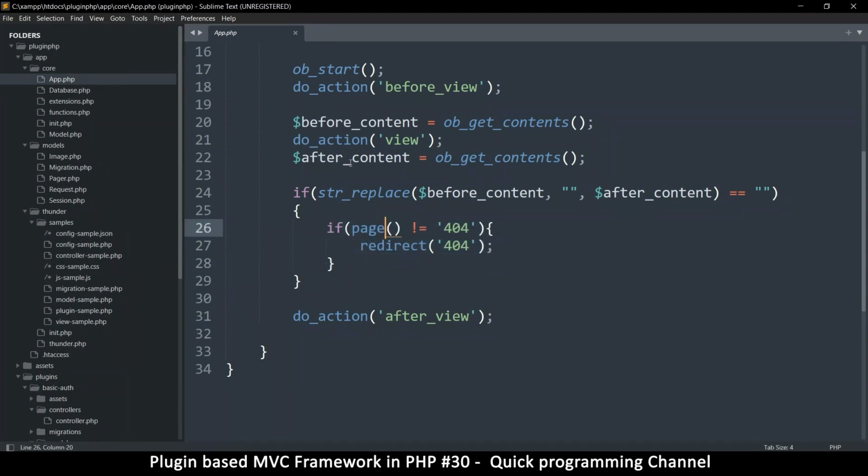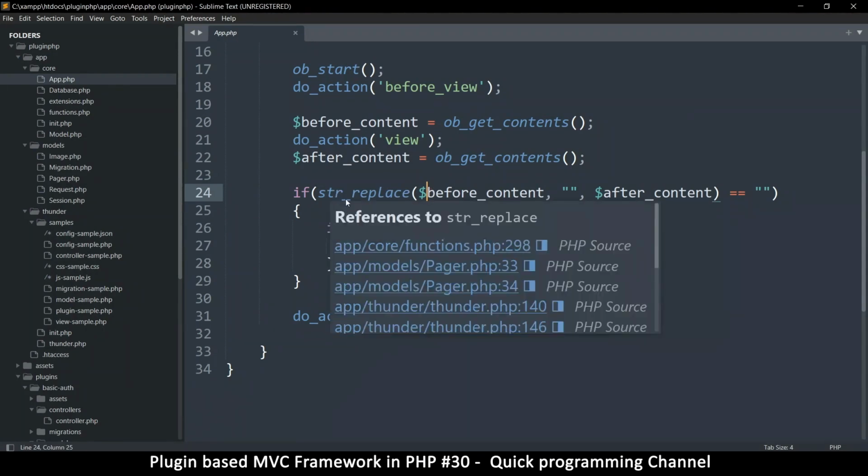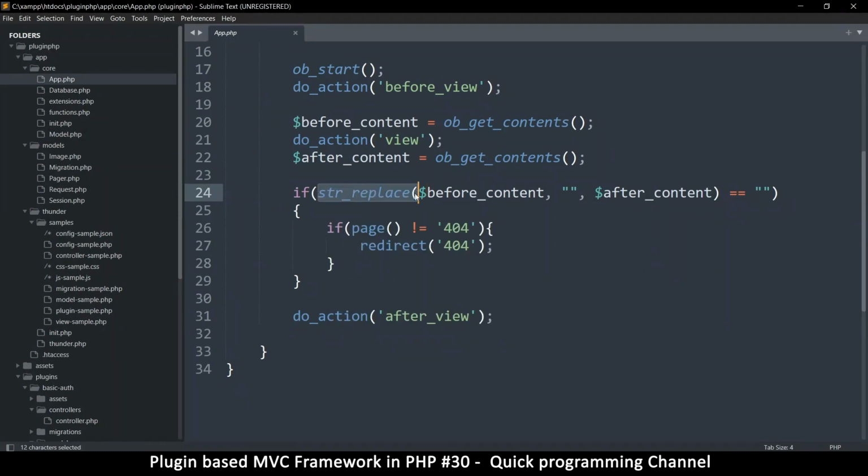Now, I think string counting of a string might take less time than string replacing. I'm not really sure which takes more time. I will do some unit testing to see which one is faster, so that we can use one that is much faster. But I think counting could be